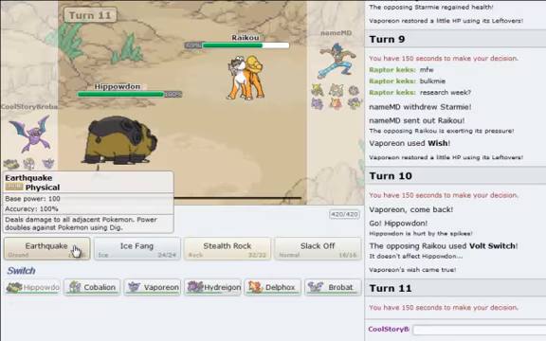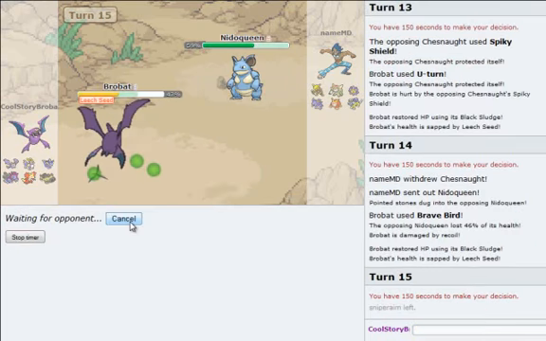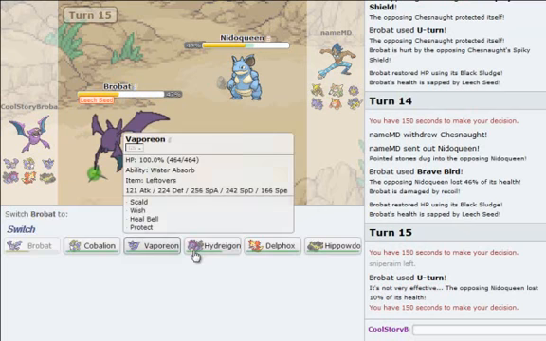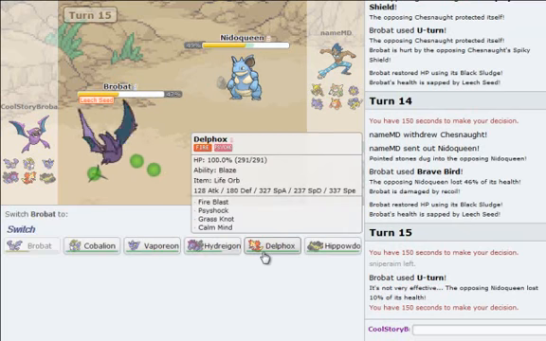Let's go to Hippo. Yeah. Block the Volt Switch. I'm going to just be real. I'm going to go to Delphox right here, because there's no way